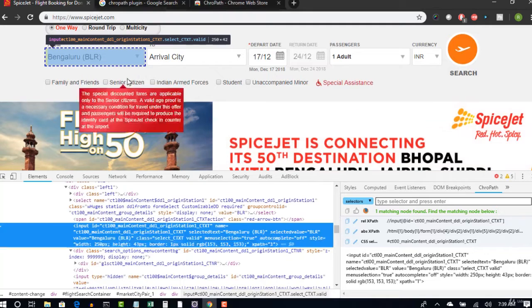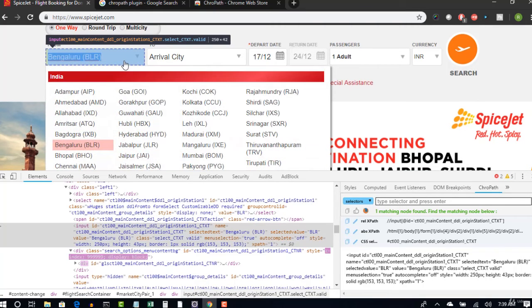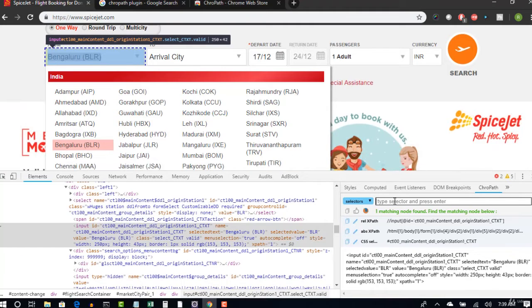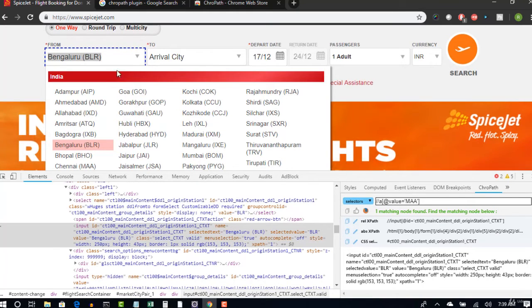Right, so this will open the drop down like this, and here you have to select Bengaluru, and you need not give any index concept here, because this is the first drop down. Though there are 5 different Bengaluru options present on the screen, Selenium scans from top left and it will first identify this from drop down and select this only.